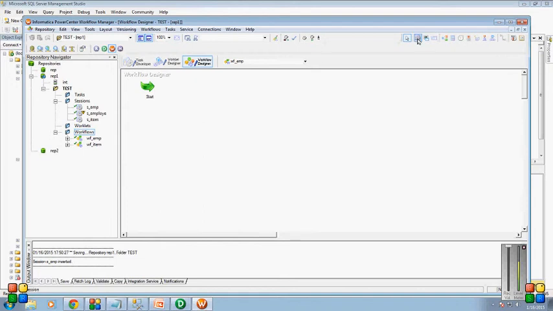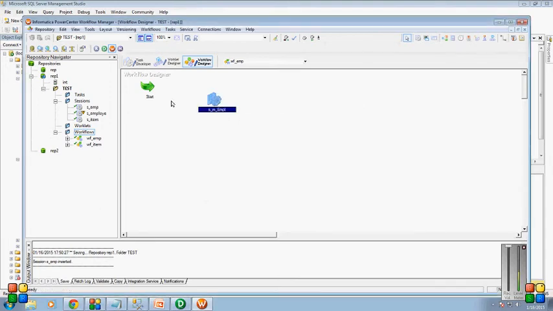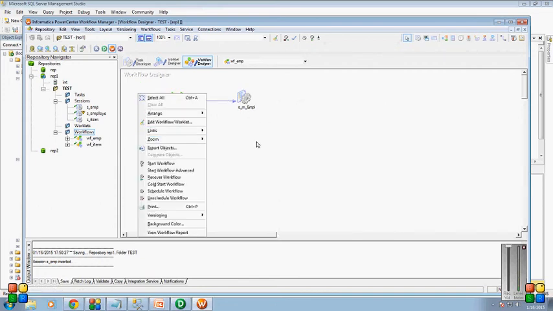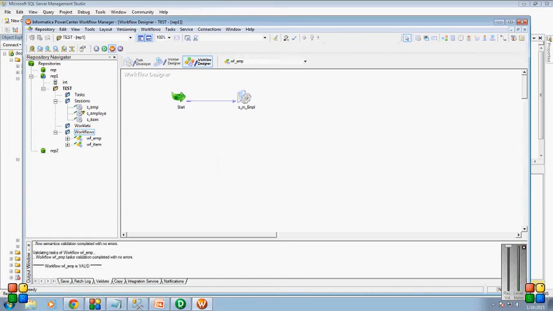Once it's done, you need to take the sessions which you need to apply for that. So I'm taking m_employee. We need to link these tasks, arrange them horizontally, and validate this workflow. This workflow validates correctly, and save this workflow.